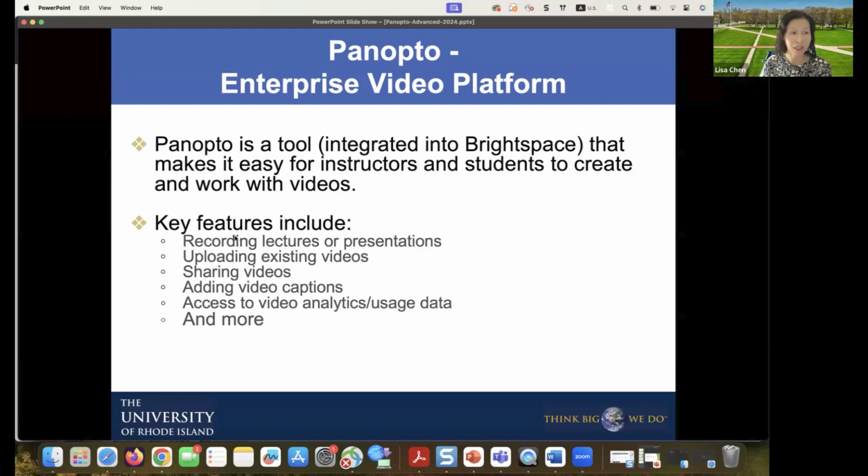Here is a key list of features Panopto offers. You can use Panopto to record lectures or presentations, meaning recording a new video. Panopto comes with different recorders, browser-based and desktop-based. With the desktop-based recorder, technically you can record anywhere, anytime, even on the beach. And then once you get back to a classroom or a place with internet connection, you can